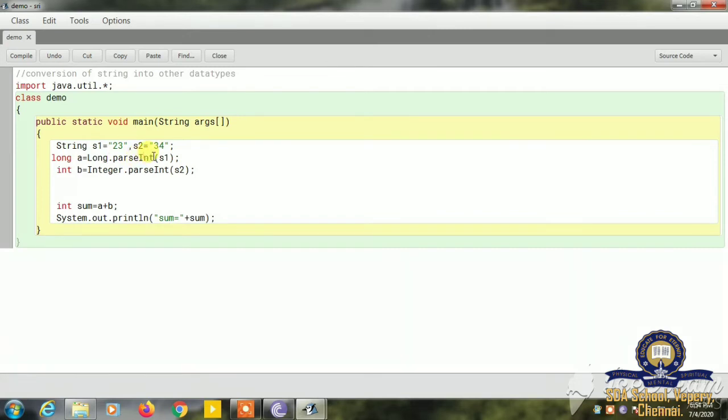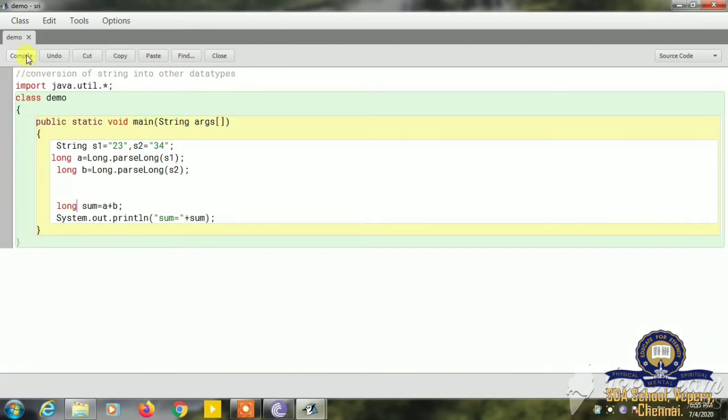Here also you have to change to parseLong. Likewise, make the same changes here also, Long. Here, parseLong, and here also you have to change to Long. Now the result is also long.